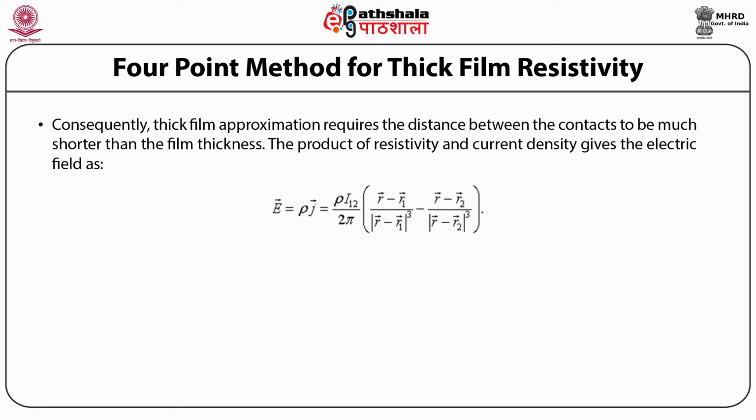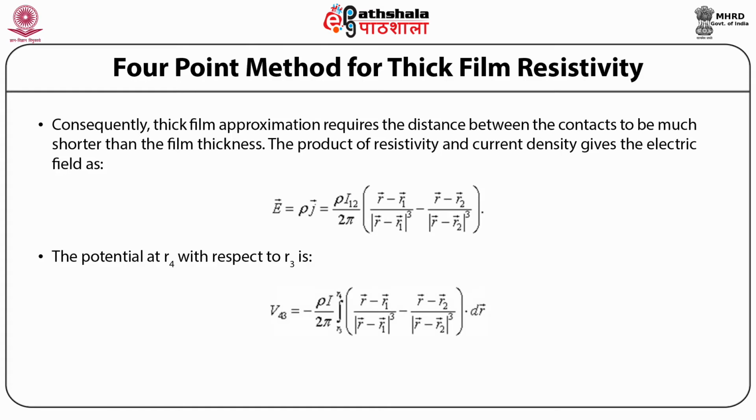the cube of modulus of vector r minus vector r1 minus vector r minus vector r2 divided by the cube of modulus of vector r minus vector r2. The potential at R4 with respect to R3 is V43 equals minus rho into I divided by 2 pi into the integral going from R3 to R4 vector r minus vector r1 divided by cube of modulus of vector r minus r1 minus vector r minus vector r2 divided by the cube of modulus of vector r minus vector r2